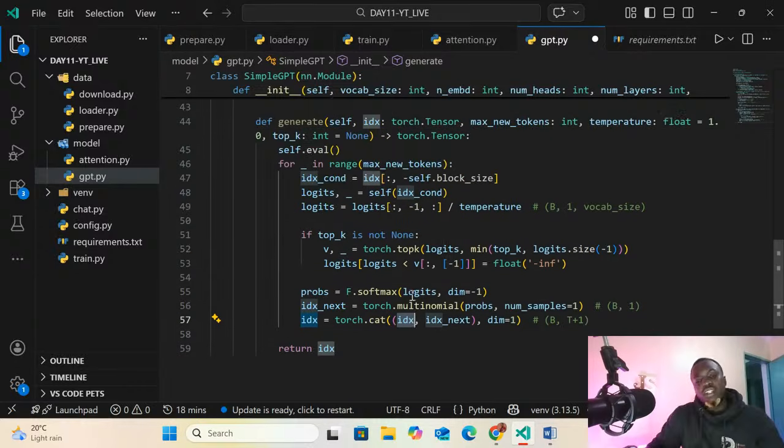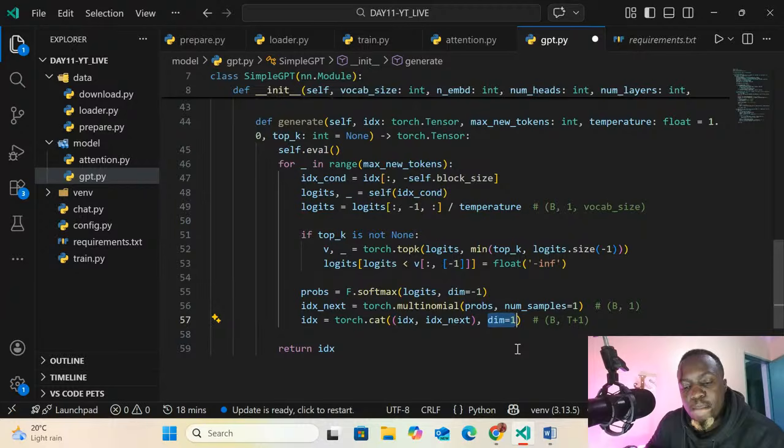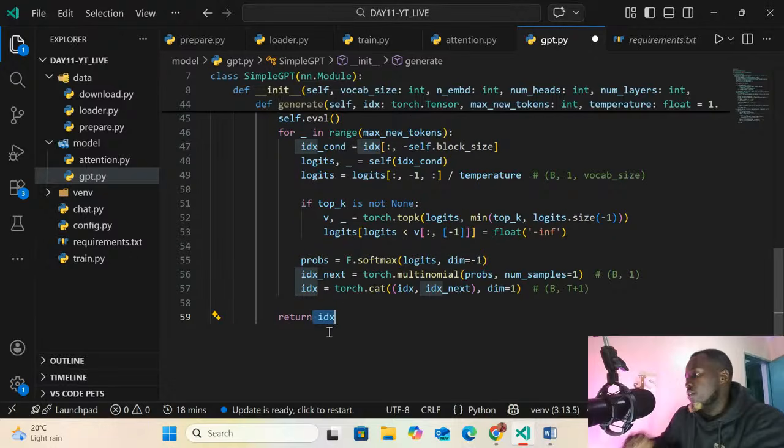I just want to inspect this code to make sure that it's correct. This one looks correct up to here. Then you return the index. Okay, this one looks clean.